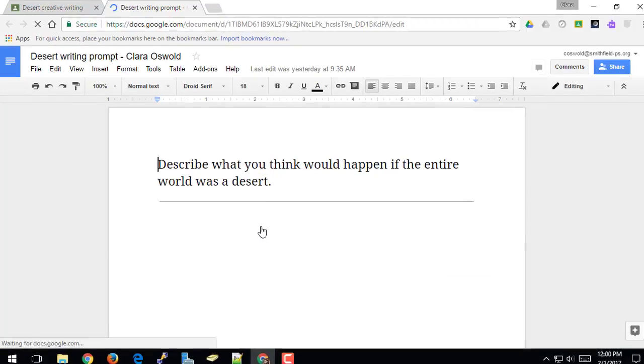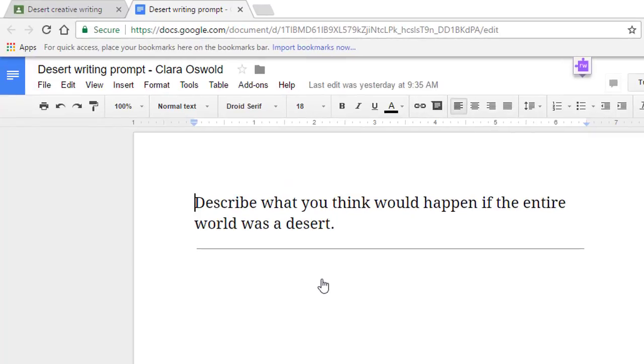and teachers and students may have noticed on their Chromebooks that now when you open up a Google Doc, or create a new Google Doc, you'll see the icon for Read and Write appear just above the Google Doc, so this purple puzzle piece. What this icon does within a Google Doc is when I click on it,